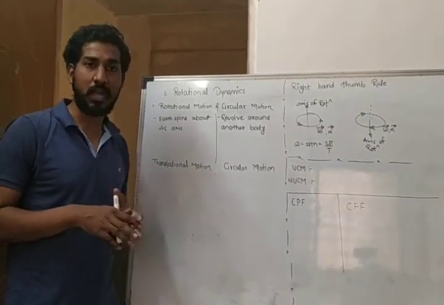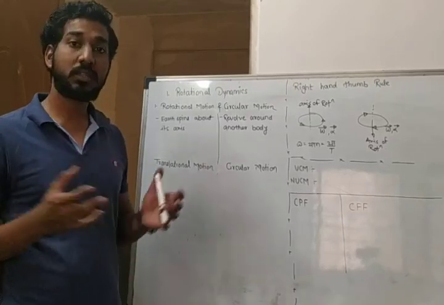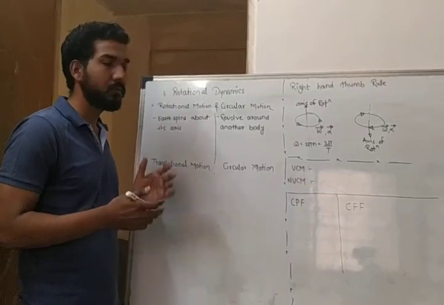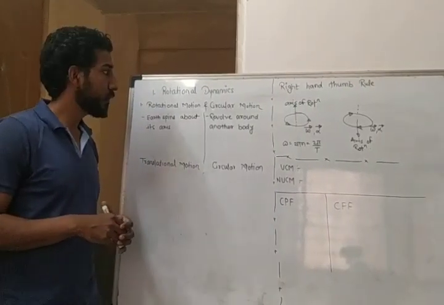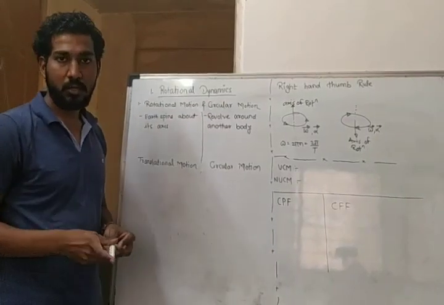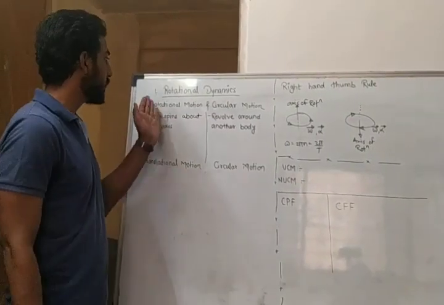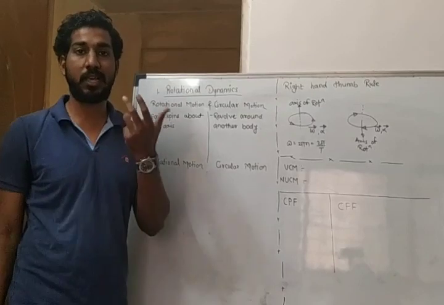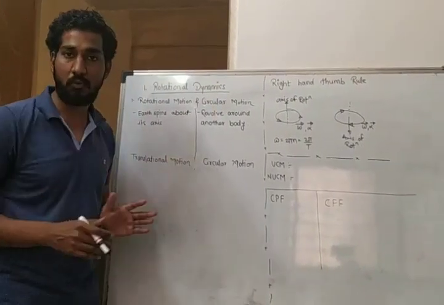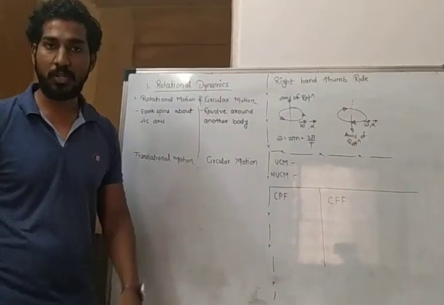Today we are just starting the first chapter with all the basics we have covered already in 11th standard. So again we will have a look over there. The first chapter is rotational dynamics. As the chapter says rotational, of course there is a motion, right? That motion we have to first consider, whatever the different types of motion are there.